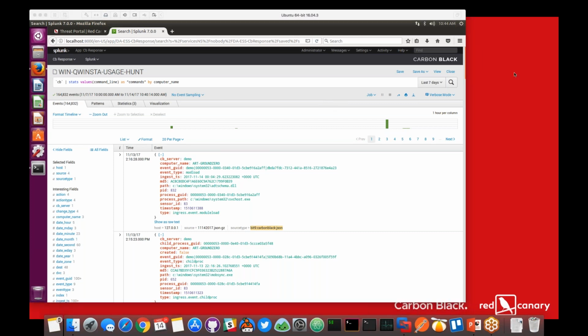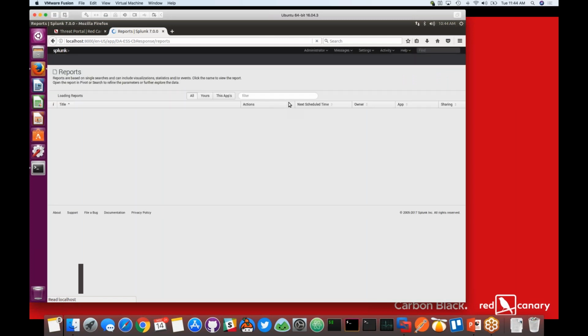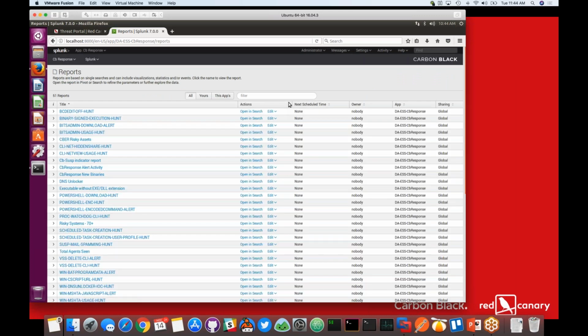All right, another question. What is the difference between having the saved searches and having it in Carbon Black watch lists? Yep, great question. So yeah, you could absolutely come in here, take out the more high fidelity ones and add those to Carbon Black Response. Fortunately, over time, the community has really provided a lot of these same ones. So really what you would end up doing in Splunk is just using the more hunt ones to look for different behavior of bitsadmin or different behavior that's happening out there.